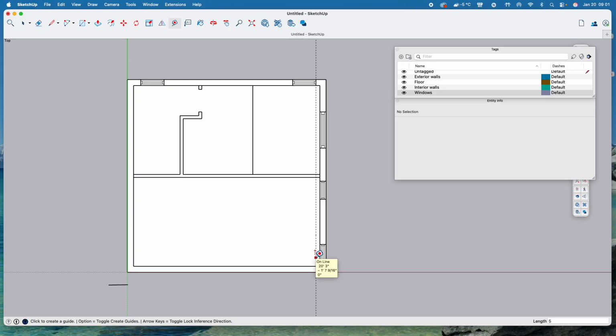Then I'll go 36 inches, which is going to be the width of my door. Okay. From here, I'll go 12. And then I am going to put a window that's going to be, let's say, 36, 3 feet. Okay. So I'll grab my window,